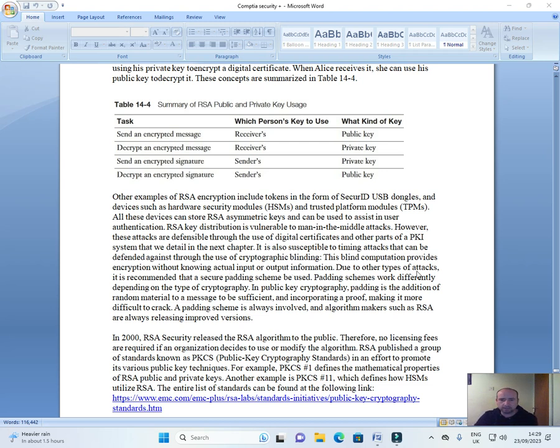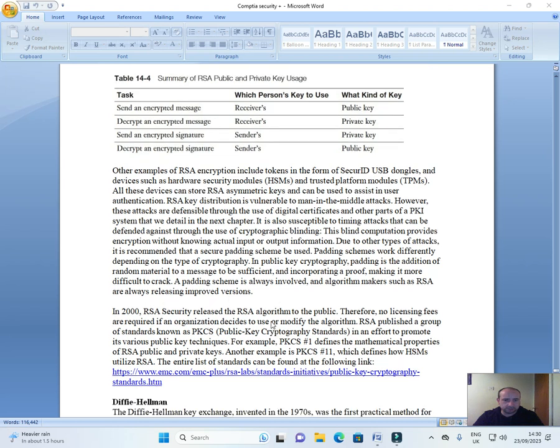Due to other types of attacks, it is recommended that a secure padding scheme be used. Padding schemes work differently depending on the type of cryptography. In public key cryptography, padding is the addition of random material to a message to make it more difficult to crack. A padding scheme is always involved, and algorithm makers such as RSA are always